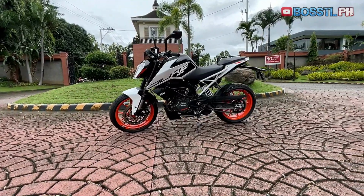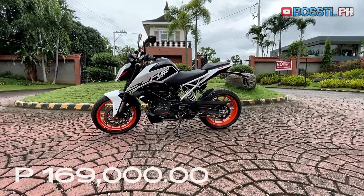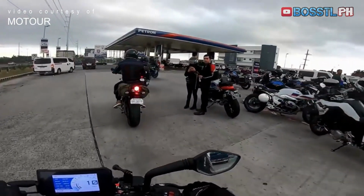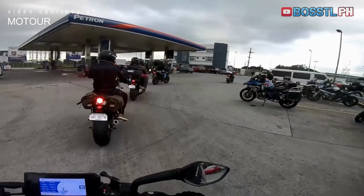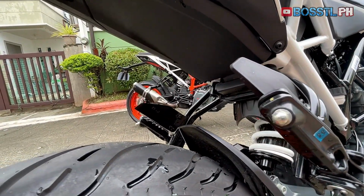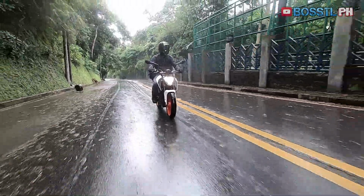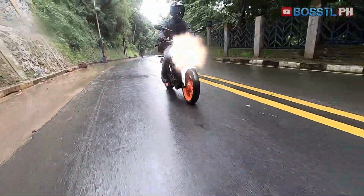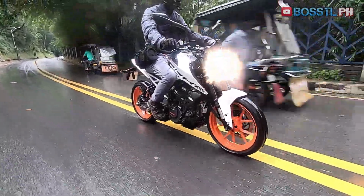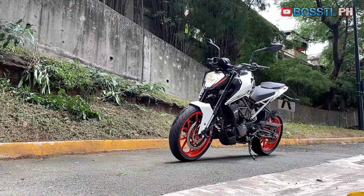All these you can get from a brand new 2020 Duke 200 at a price of around 169,000 pesos. However, in the view of the local context of the term big bike here in the Philippines, where a motorcycle can only be considered a big bike when it can travel legally in the expressways, the Duke 200, while it can be mistaken for its bigger brother the Duke 390 in terms of appearance, is still lacking in this area, even if its power ratings are comparable to other 400cc bikes such as the MotorStar Cafe 400. Such shortcoming will come into play later on as we discuss the advantages and disadvantages of the bike as we